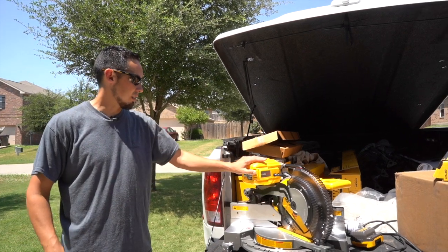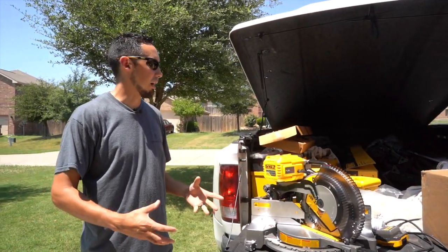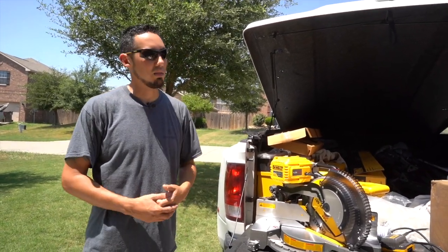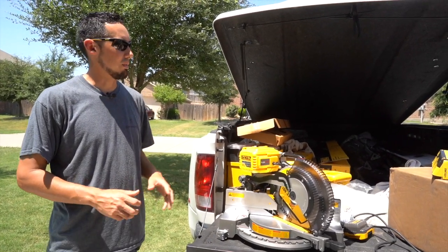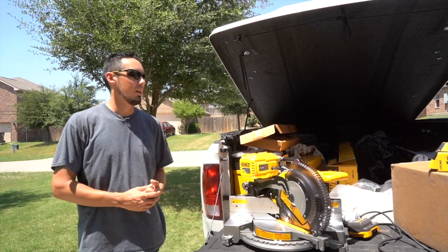Now this one is not a slider, obviously, and I chose to get this one to have a more compact saw to fit in the back of this truck, which, by the way, if you didn't get the small little tour of my truck, I did make that just quick tour on this new Ram 3500 dually a couple videos ago,